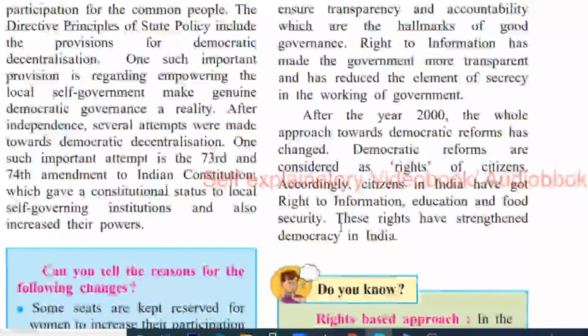After independence, several attempts were made towards democratic decentralization. One such important attempt is the 73rd and 74th Amendment to the Indian Constitution, which gave a constitutional